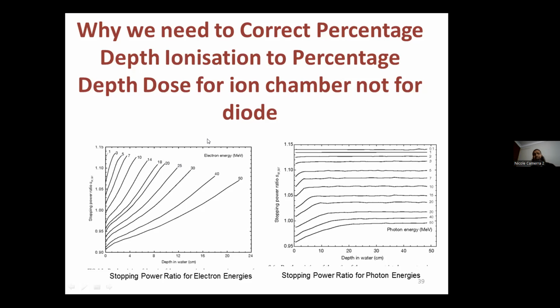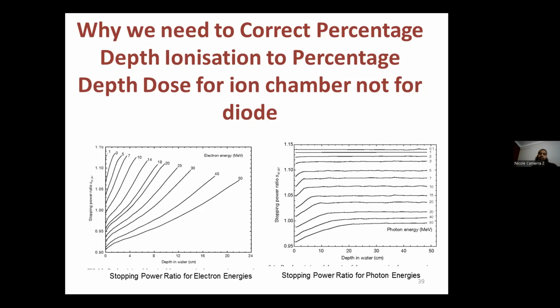So that's why it's recommended that when you're measuring your percentage depth ionization curve using an ionization chamber, you should correct for stopping power ratio. But if you are using a diode, you don't have to correct it, because the diode is approximately equivalent, very close, as there is no cavity in the diode. They have silicon, and the silicon